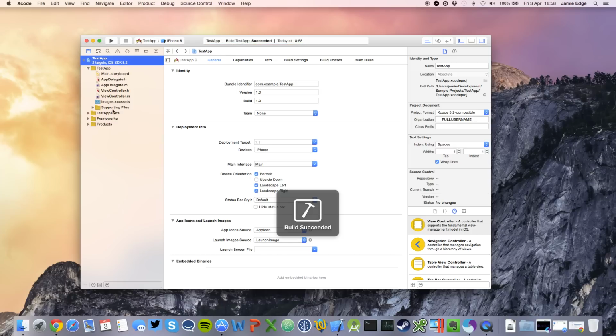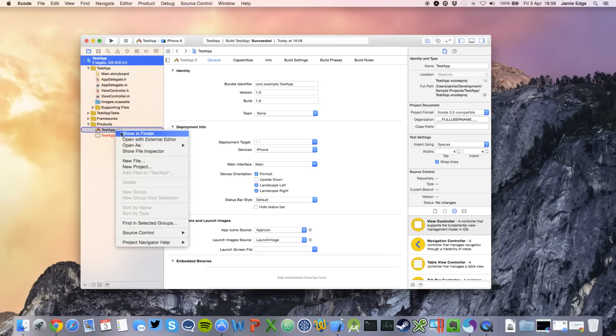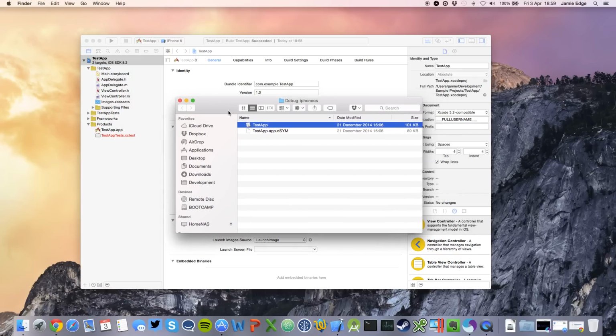Once that's finished, we're then going to look for the compiled app. So we're going to look in this Products group and you should see your app name .app. This is the compiled product, but we're actually going to need to find the correct one. So if you right click on this and then click on Show in Finder, you should see a folder called